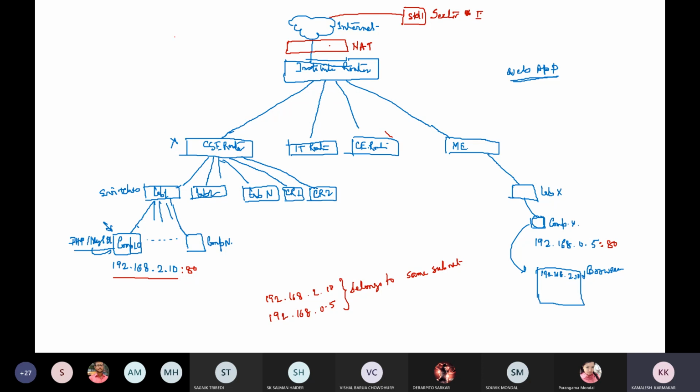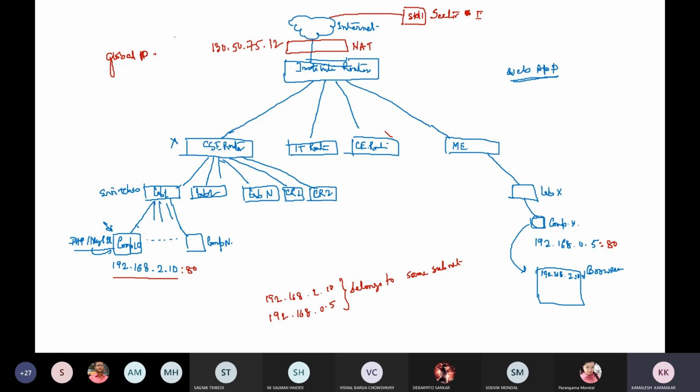We have different techniques, but in simplest form, I'm saying that we are using network address translator. Even if this NAT is there, we must have one global IP address for this college. Like in our case, if we say that 130.50.75.12 is the IP address, this is the global IP.